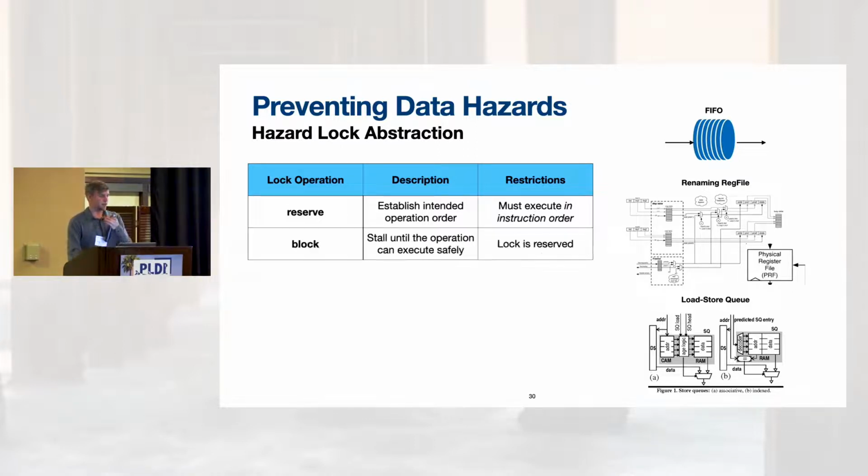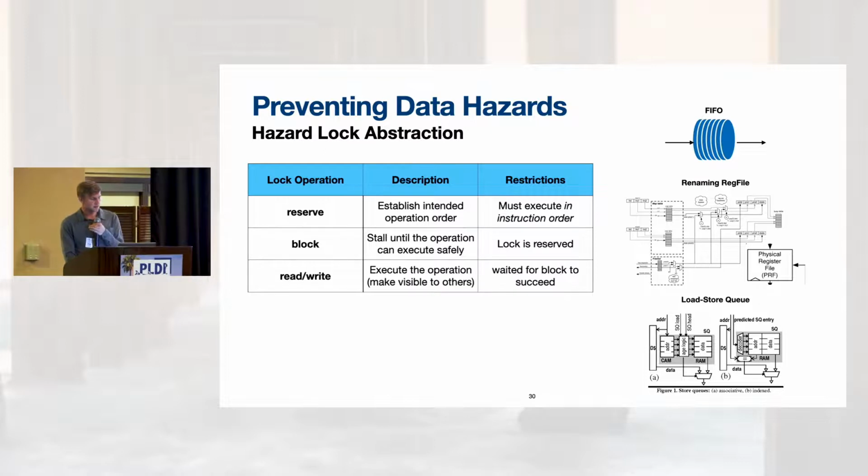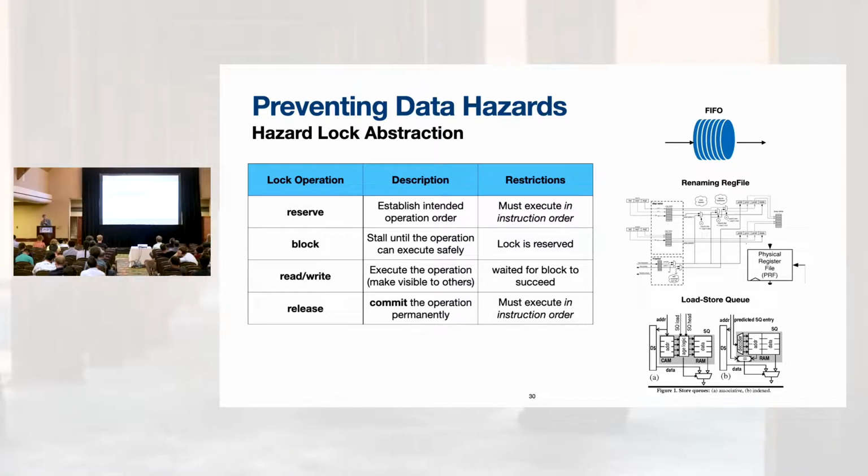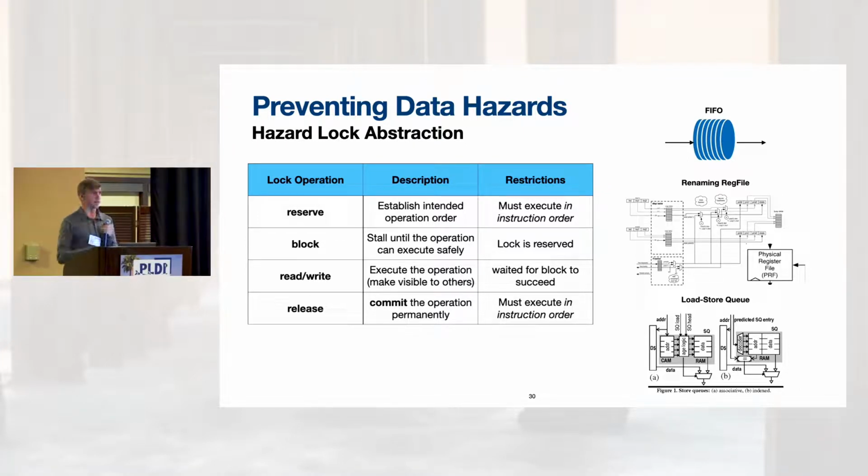Then, block will block a stage from executing. It will stall it if it would be unsafe to execute its read or write. Then you can actually do the operation, making it visible to other instructions. And finally, you can release it, which permanently commits the operation and frees up any hardware resources associated with the lock. Importantly, this notion of release happening in order, you'll see, is key because we also want to allow speculative